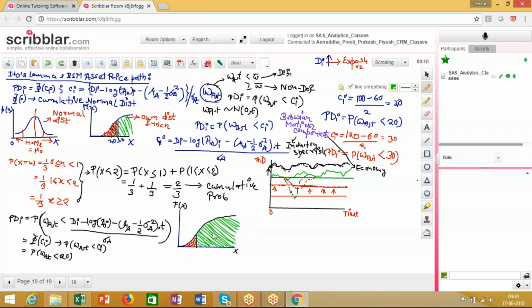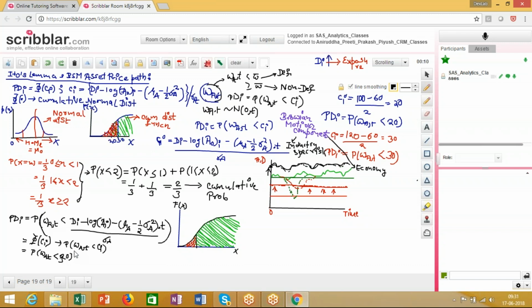So this is the non-default area. Now say this is increased to 30. So the borrower will default if WAT is